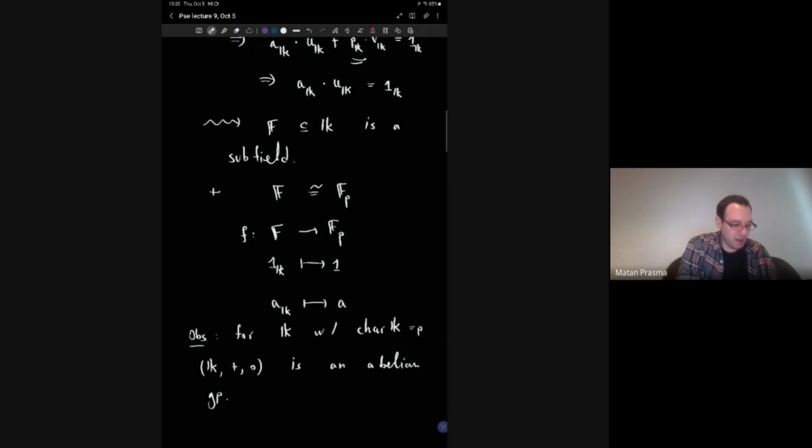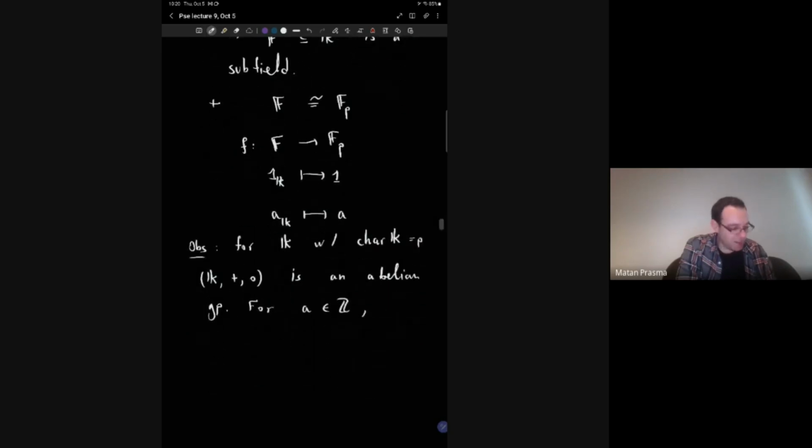And in abelian groups, we also have, for any integer a and any V in K, we defined a times V to be V plus V,